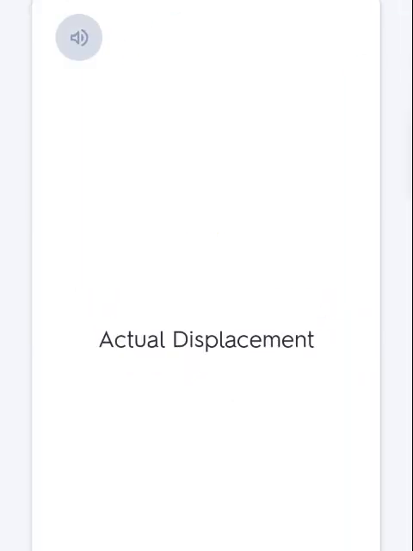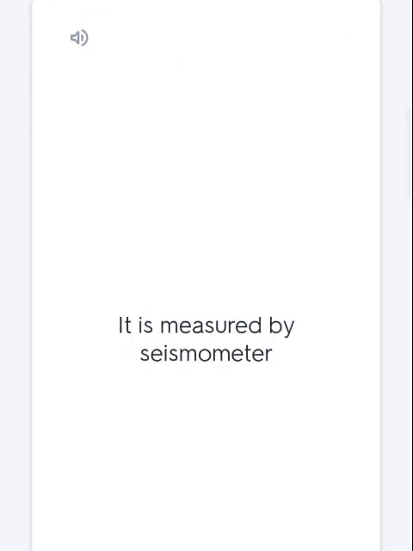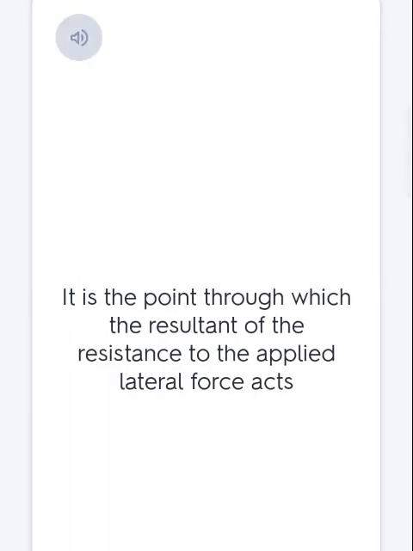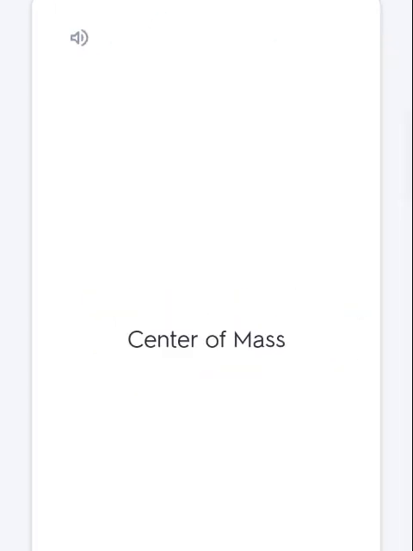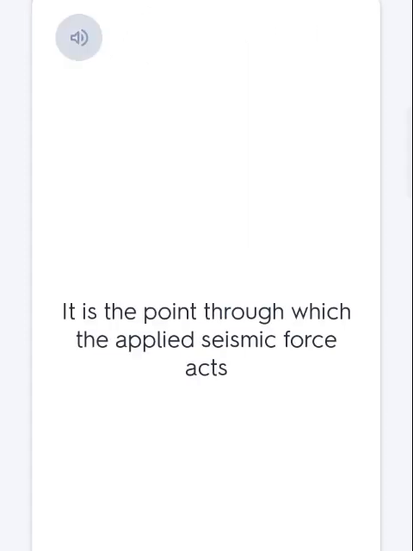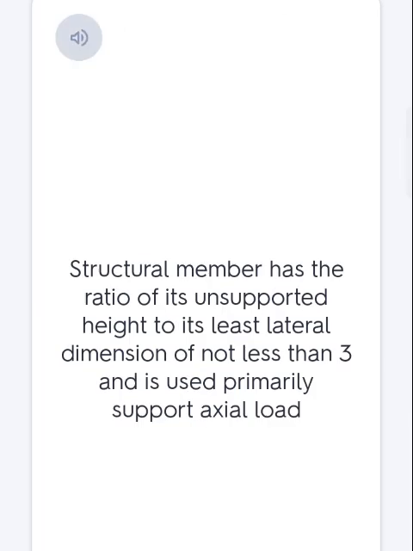Actual displacement. It is measured by seismometer. Center of rigidity. It is the point through which the resultant of the resistance to the applied lateral force acts. Center of mass. It is the point through which the applied seismic force acts. Column. Structural member has a